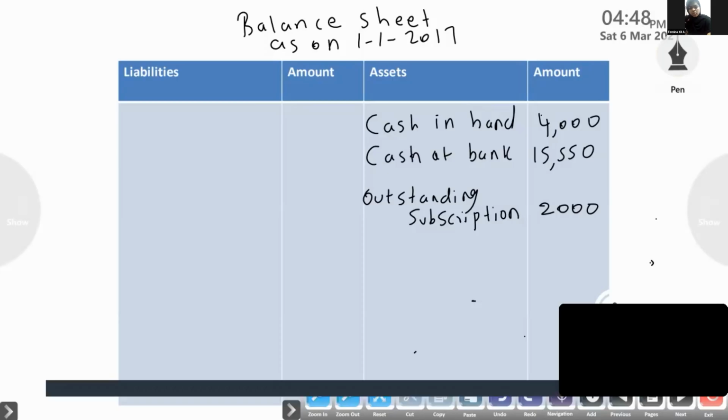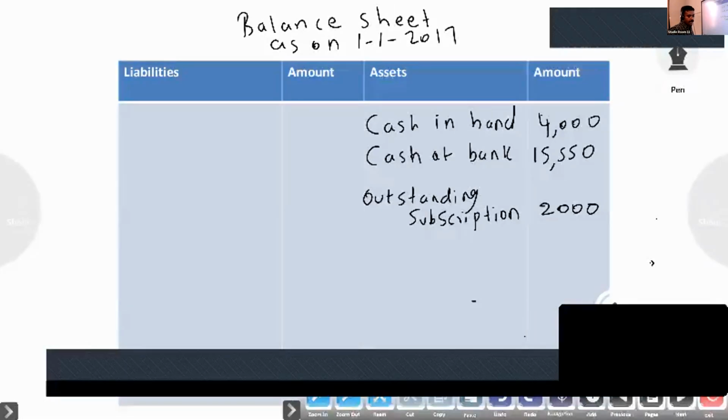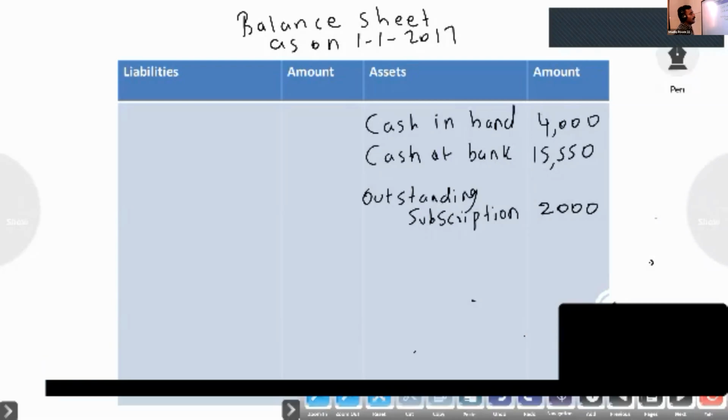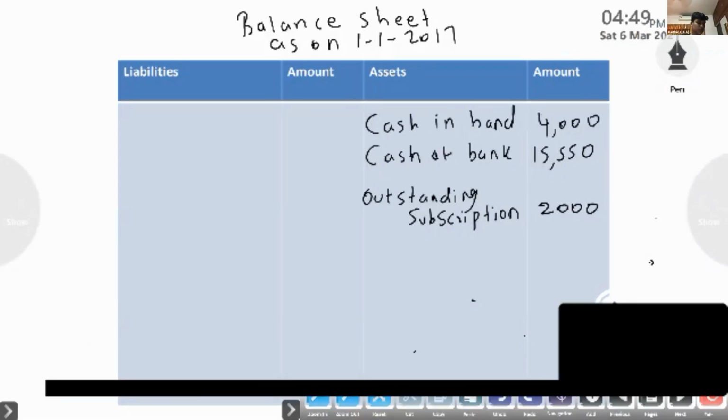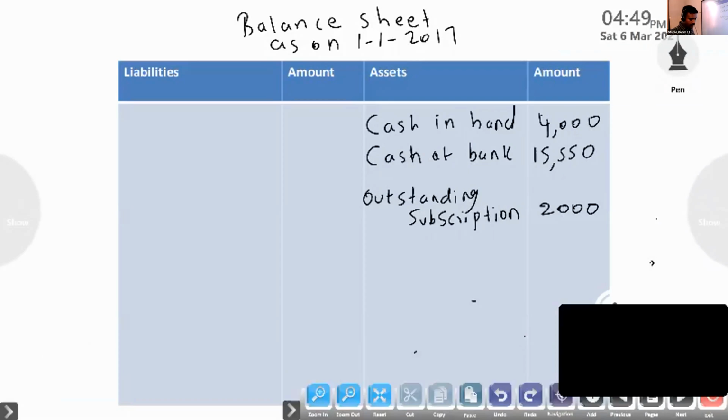Then we'll continue. So outstanding subscription. Then you look in the receipt and payment account, any other item related to 2016. Karthik, any item? Receipt and payment account. No, sir. Now we have to look at adjustments. First outstanding subscription, already we wrote. Then the second adjustment is current year only. Then the third adjustment is related to 1st January 2017 only, on the basis of your textbook. So that is the opening amount, opening date only 1st January 2017.